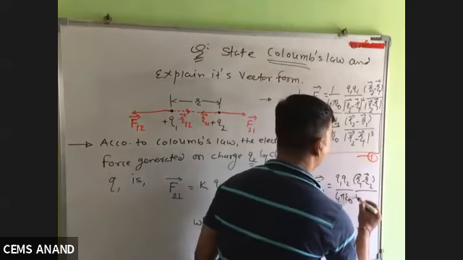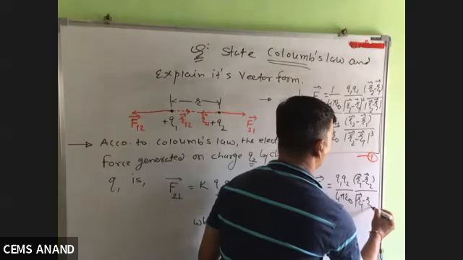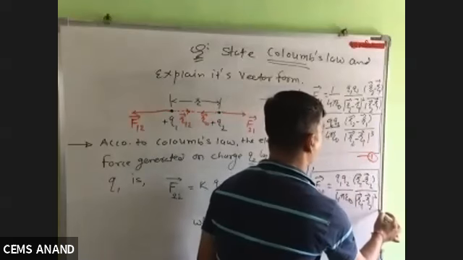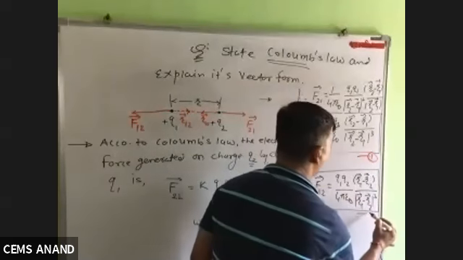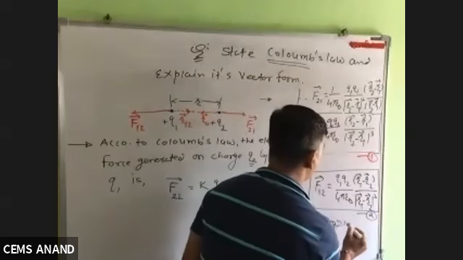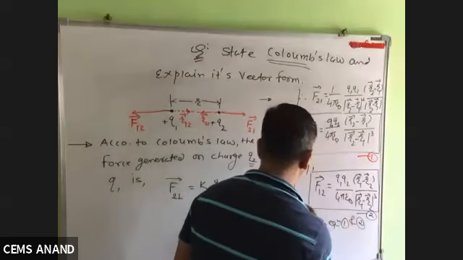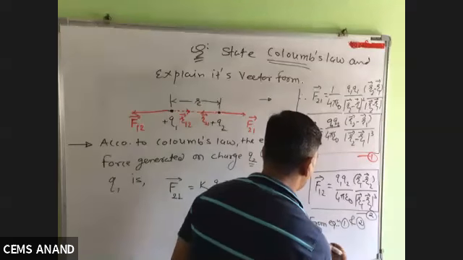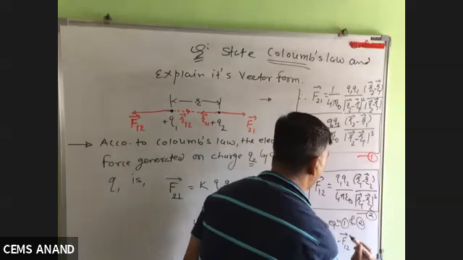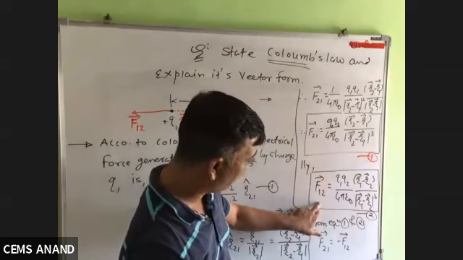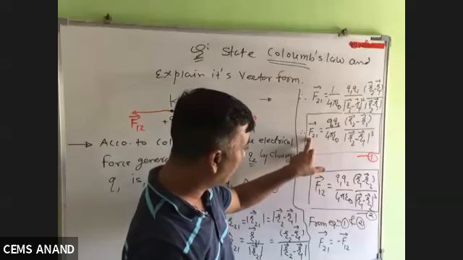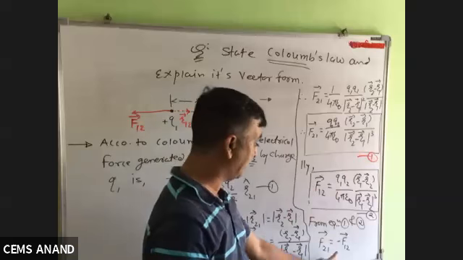And then 12 Q. This is your formula number 2. So from equation 1 and 2, we can say F21 equals minus F12. Agreed? They are opposite. See. So if you are going to compare them, then one is equal to the opposite of the second, minus of the second.